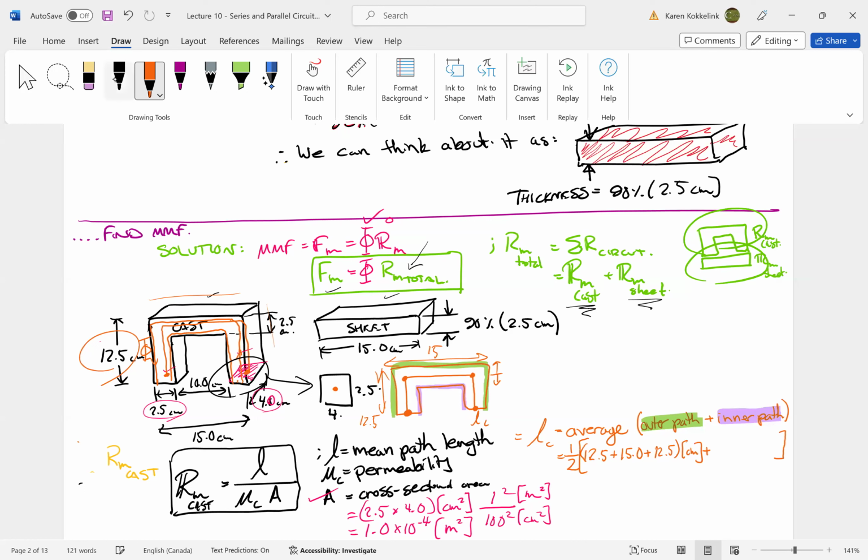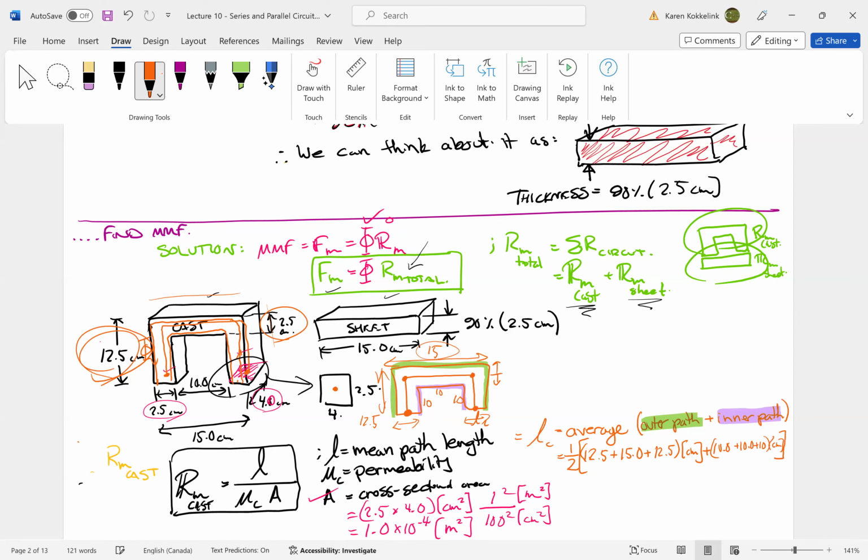And the inner path is going to be 12.5 minus 2.5, which is 10, right? The middle is 15 minus 2.5 minus 2.5. So 15 minus 5, which is 10. And this side is also 10. 10 plus 10 plus 10